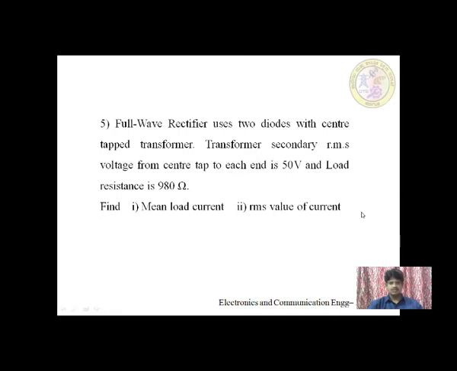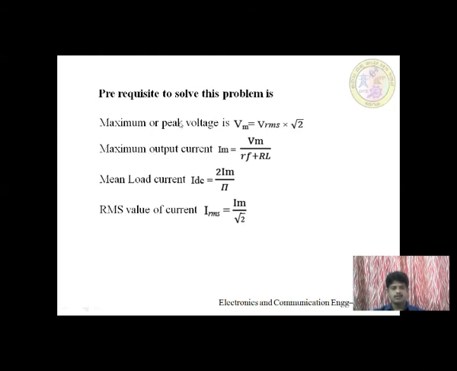So in this, it is given that the secondary RMS voltage from the center tap transformer is 50 volt. It is an RMS voltage, VRMS, given as 50 volt, and the load resistance RL is given as 980 ohm. Now think what prerequisites are required to solve this. Prerequisites to solve this problem are,